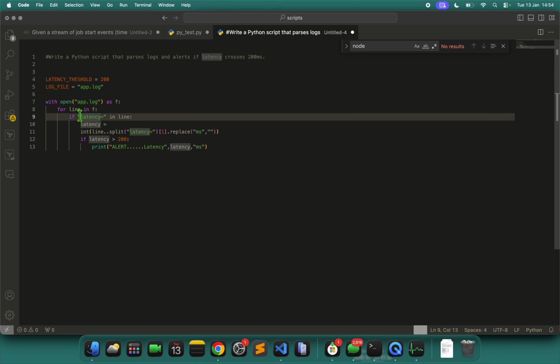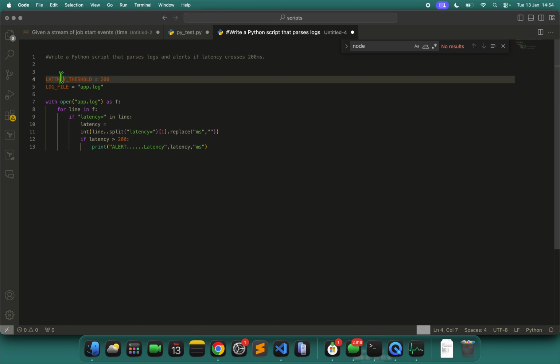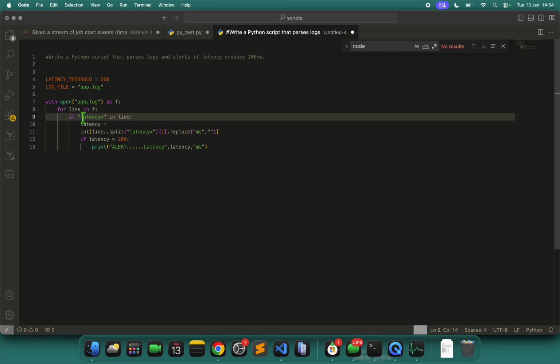I'm reading the file line by line, looking for the latency in that log file. If the value of latency is more than 200, it will print the error.